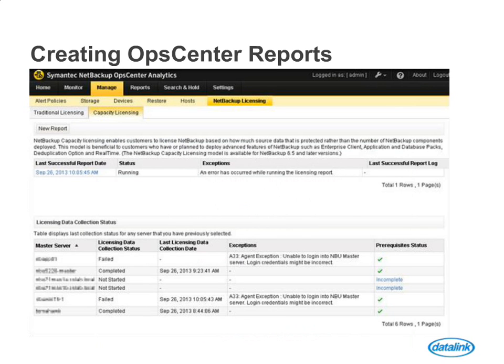And again, we were talking about the capacity licensing before. One of the features with OpsCenter Analytics that has been around since 7.5 is the ability to run the NB deploy util on the master server, and that does require the OpsCenter agent. To run that report, it's not under Reports, as you might think. You actually have to go to the Manage tab, and under 7.6, it's called NetBackup licensing. Under 7.5, it's actually deployment analysis or something like that. And then you choose which type of licensing you have, whether it's traditional licensing or capacity licensing, and then